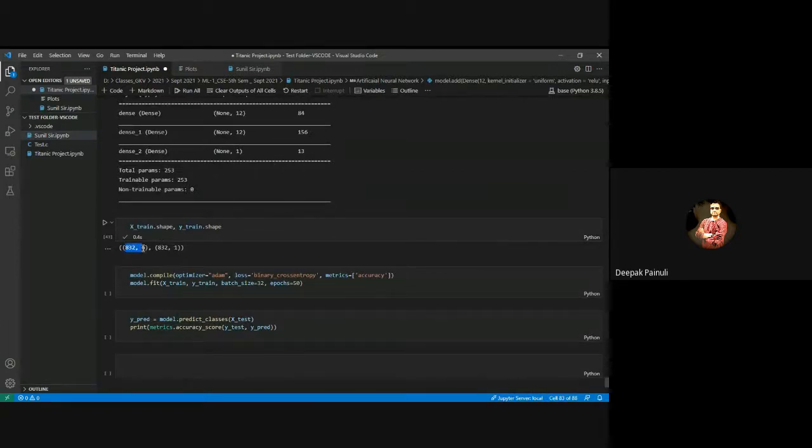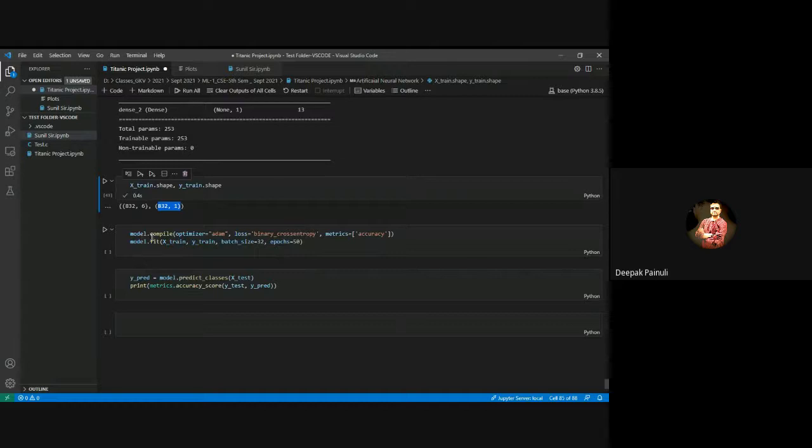Okay. Now check the shapes. X_train.shape, this shape is there. y_train.shape, this shape is there. Okay. Now compile this model. We have the compile function for that, where optimizer is the optimizer we are using, the Adam optimizer, because we are having binary classification. So the loss function I have set is binary cross entropy, right? And metrics I am going to use accuracy only. Okay. And after that I am just training it, or fitting it, to the X_train and y_train with a batch size of 32, right?